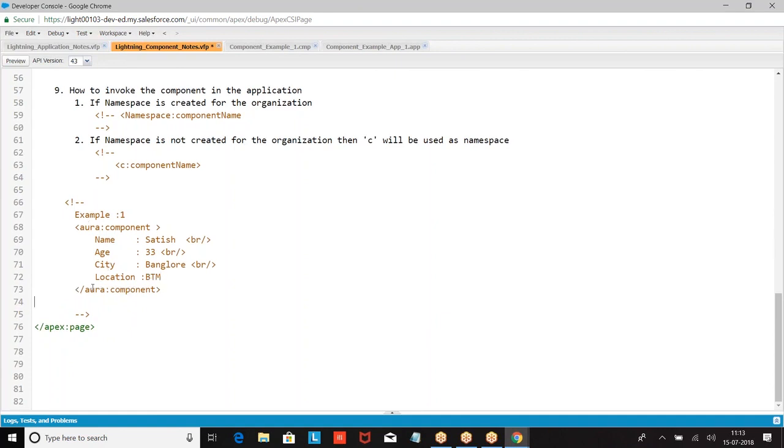This is how we created example 1, component name, application.